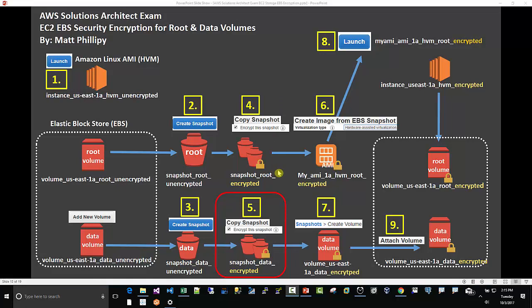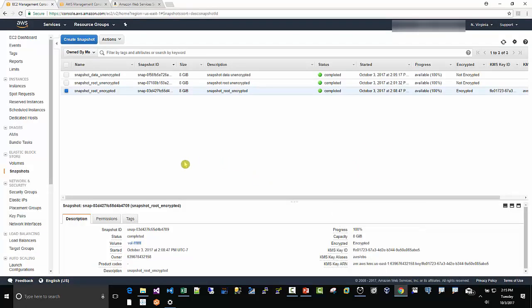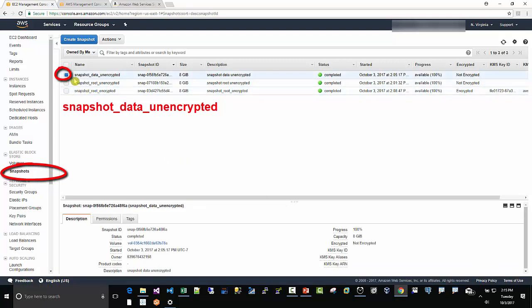Step 5, we're going to do another copy snapshot, except this time with the unencrypted data snapshot. So I'm going to go back over here to snapshots. I'm going to check and uncheck. So I just want the snapshot data unencrypted checked. I'm going to go up to actions,